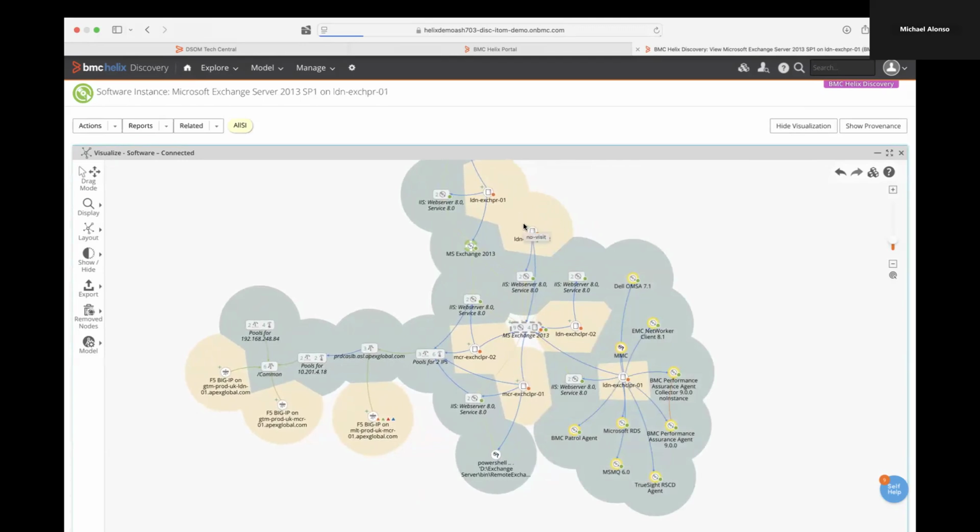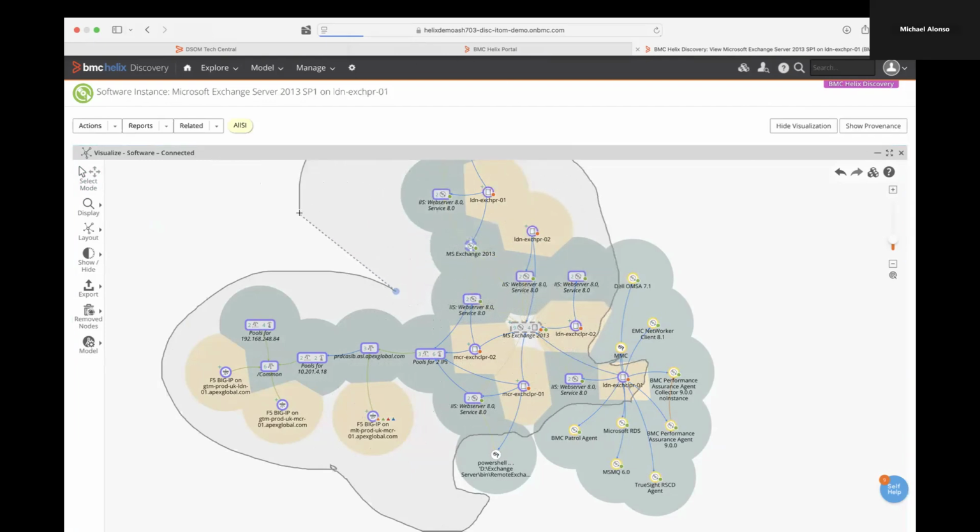Now, how do I select what I want and what I don't want? Pretty simple if we can all use a mouse. I changed this from drag mode to select mode. And now you see when I hit the screen, it gives me a selection tool, just as simply as circling what we want. I don't want that. Those are all agents. And you can see I really don't want agents in my system. And all that is part of Exchange.